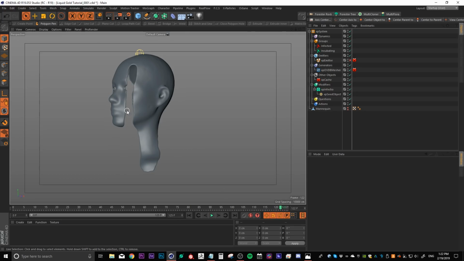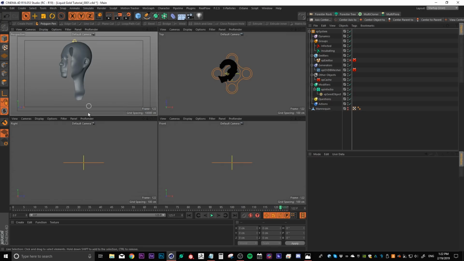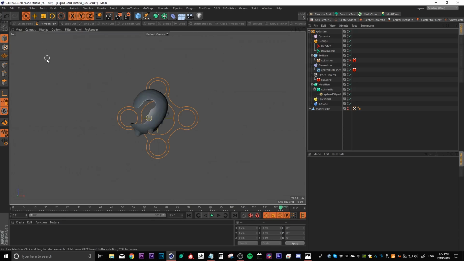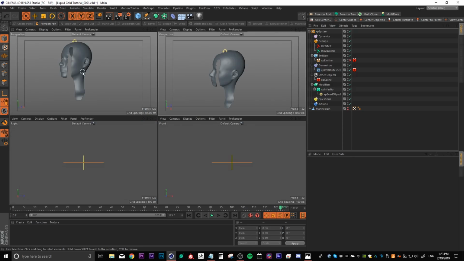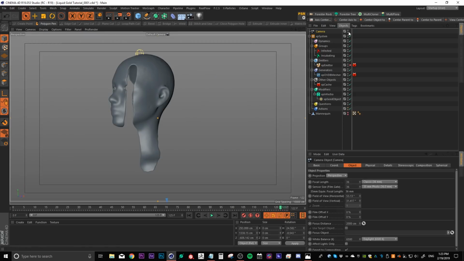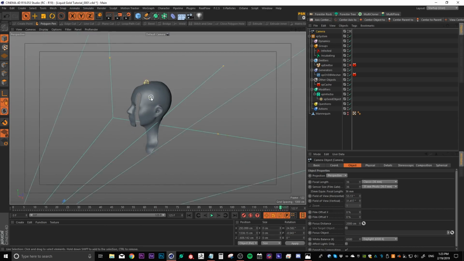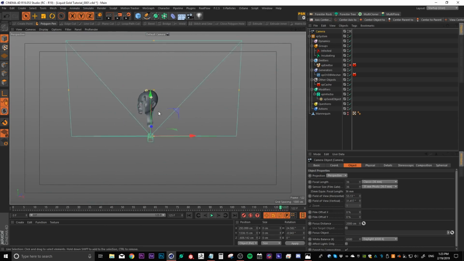Now there's this trick that I like to use, where if you hit the middle mouse button, you get your 4 orthographic views. And so I actually like to go into this second one right here, change the display back to quick shading, and then set the camera to perspective. And now what I have here is a secondary viewport. And why this is really helpful is because I can now set up my camera in this first viewport and look through it, and then I can head over to my second view and I can navigate through the scene